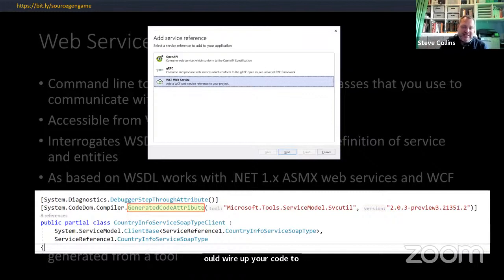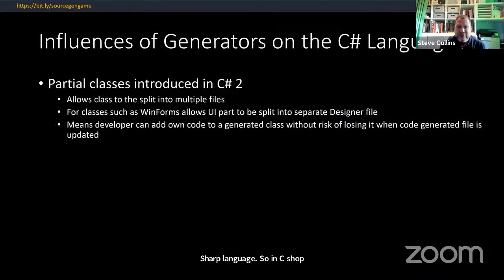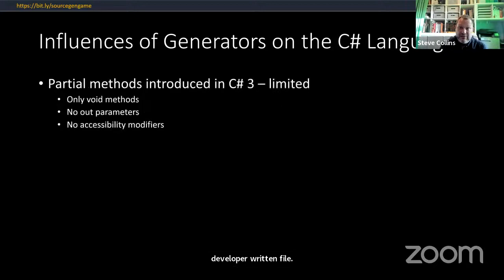What was interesting was the lessons learned from these first versions of code generation tools that went on to influence the C# language. So in C# 2, we started to get the partial keyword, which was introduced so that the class could be split into multiple files. One of the drivers for this was so that a single class could be made up of a code generated file and a developer written file that extends the functionality. Later in C# 3, we got the partial method declarations added. So this allows authors of code generators to write stub points in generated code for you to provide your own code rather than just wired up event handlers.